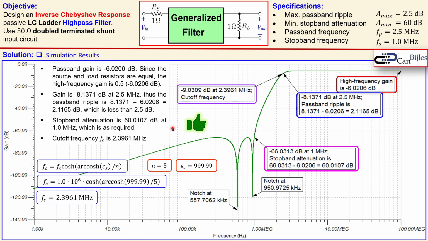Alright, this is our example number 2 about the inverse Chebyshev response using the LC ladder configuration for this high-pass